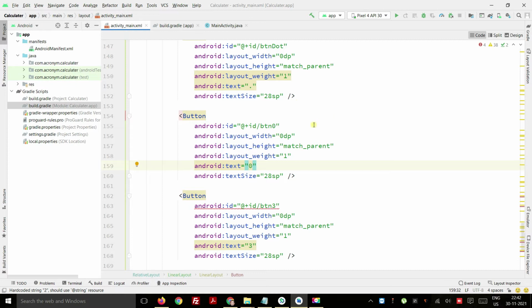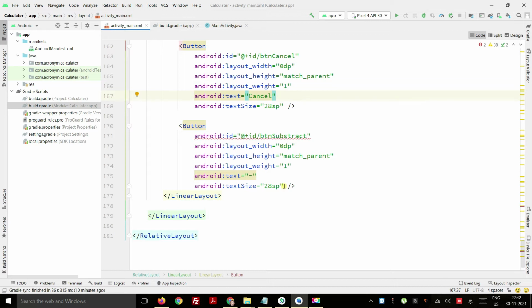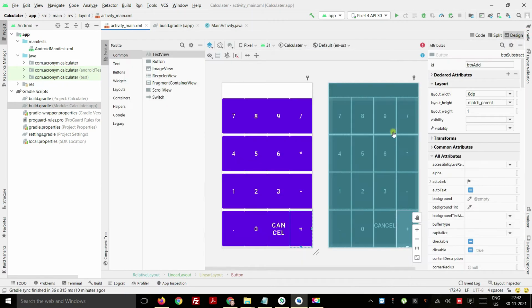The same thing, we are going to use button cancel, and then we will put it here as cancel, up to you, okay, and then we have a button plus. So we are going to use button add. With the help of this button add, we can simply complete our section. So button add is here, and then I will use the plus sign here. So you can see how it actually started looking here.